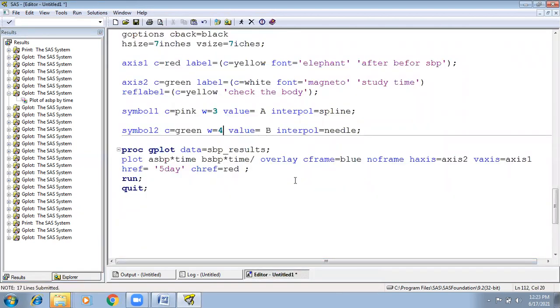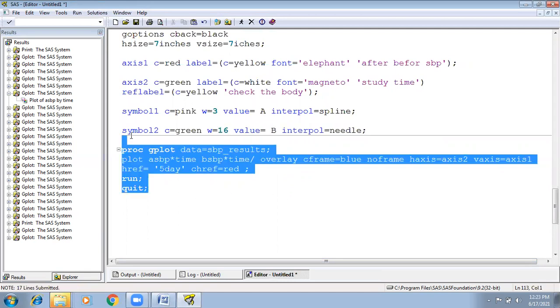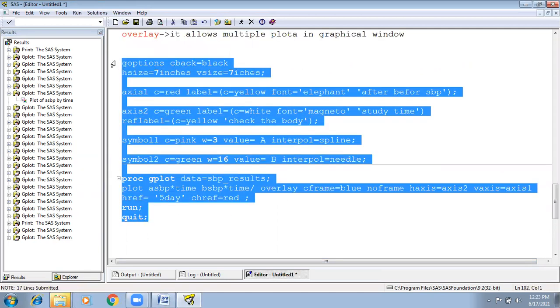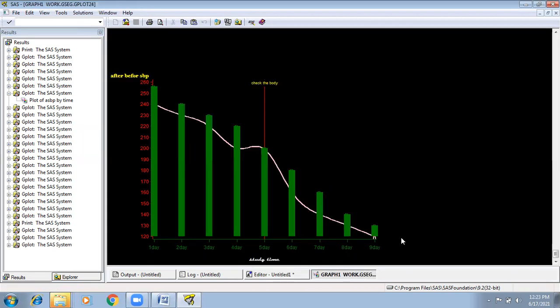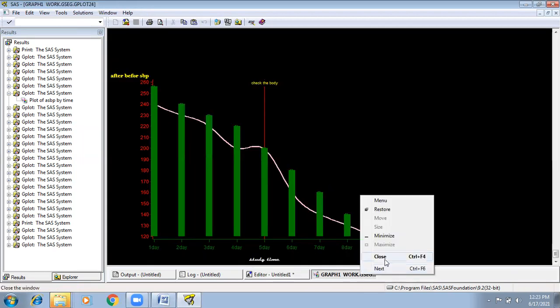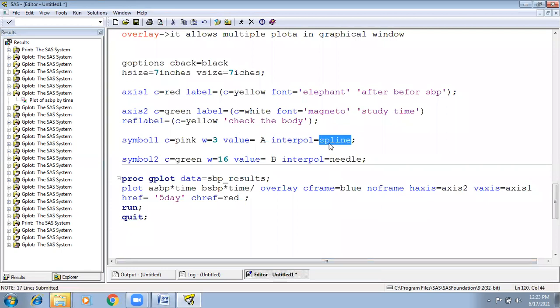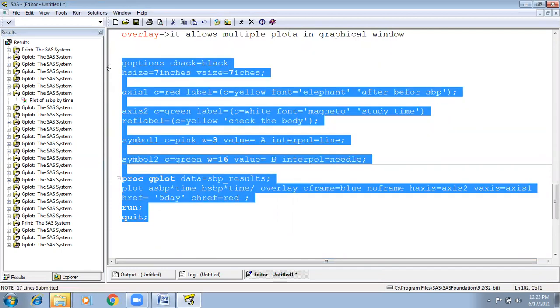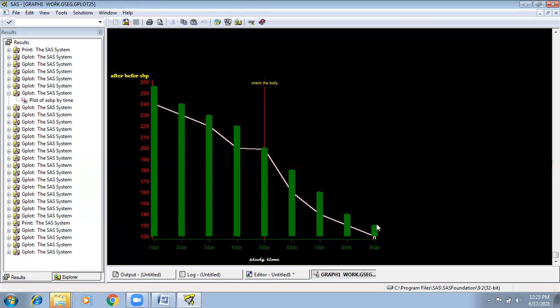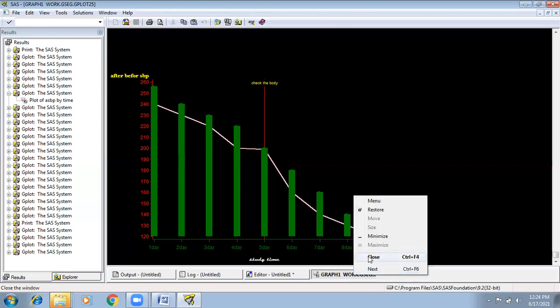Okay, just increase that. Bars and that line is a bar line. Just add a line here, like line, spline, anything you can add. Okay, so this is the way you can generate the